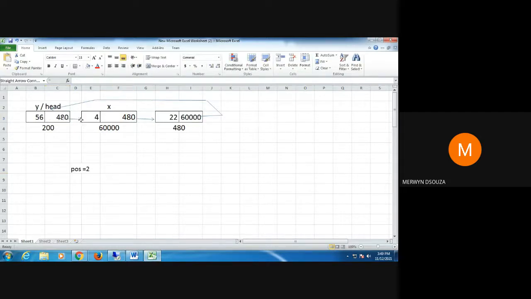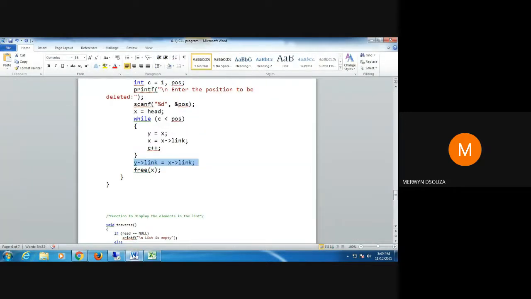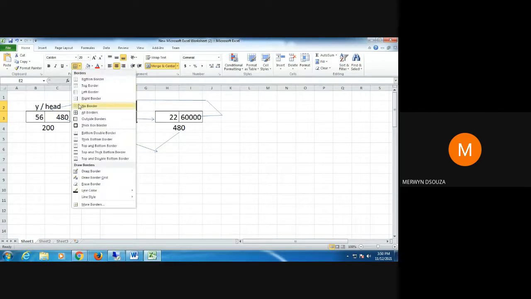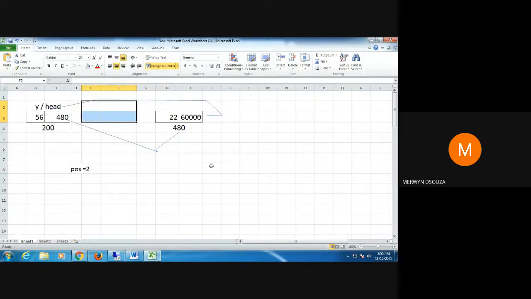When I get 480 here, it is pointing to this node with the address 480. So once I do that with this line, I delete the node pointed by X. The node pointed by X has the address 60,000. That node is deleted, and your circular linked list will look something like this.